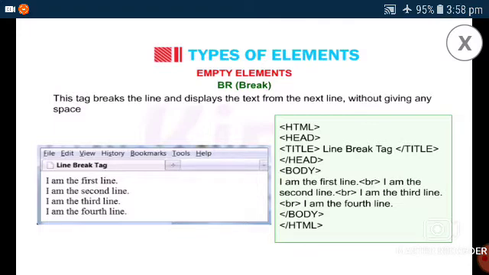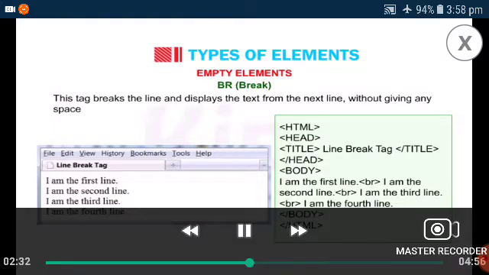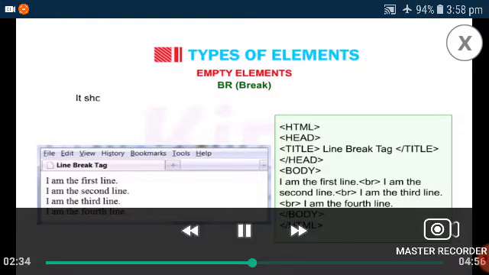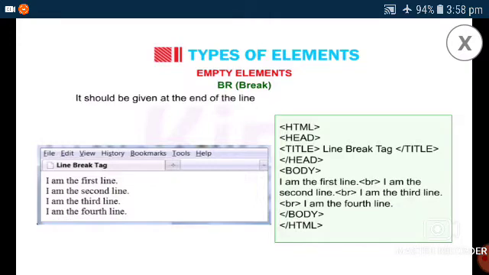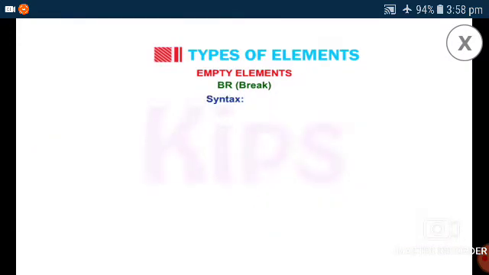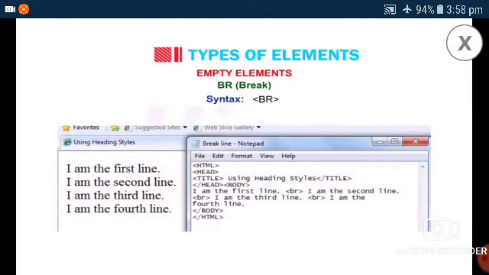This tag breaks the line and displays the text from the next line without giving any space between two lines. It should be given at the end of the line, after which a new line is required. See what the syntax is.